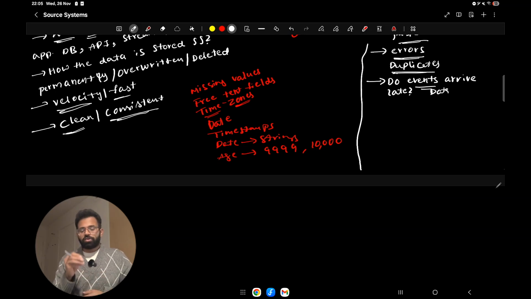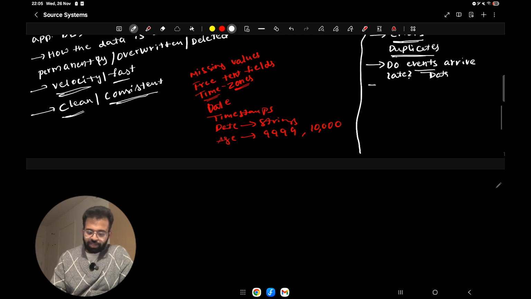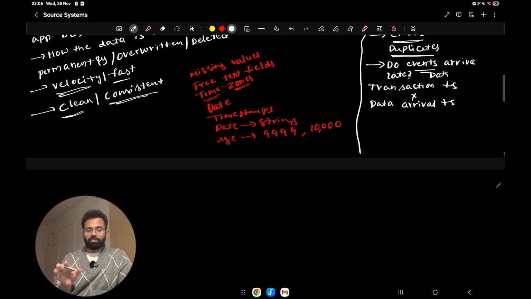So here, if you see, the actual time of event or data creation is different from when it arrives at the message queue, right? So here we are saying the transaction timestamp is different from the data arrival timestamp, okay. You need to always keep that in mind.